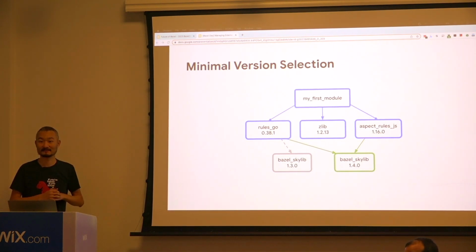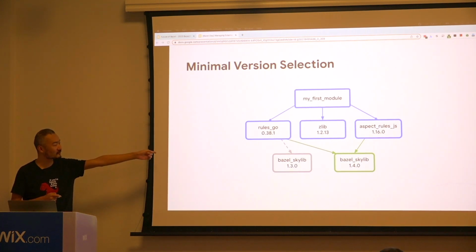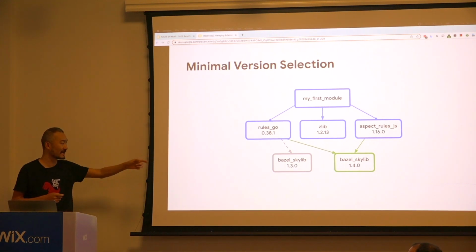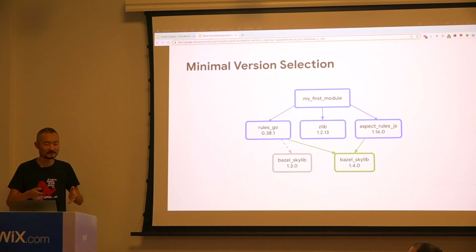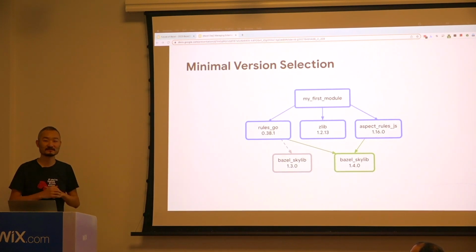Who ensures that if rules scope was only tested with Skylib 1.3.0, that it also works with 1.4.0? So the question is, who ensures that rules Go also works with 1.4.0 of Bazel Skylib, given that it only asks for 1.3.0. So we do assume backwards compatibility. If you are not backwards compatible, you should up your major version number. And we have a field called compatibility level in the module metadata to say,